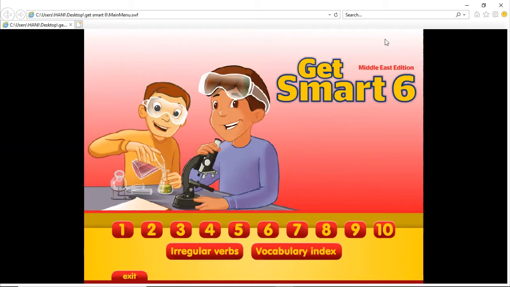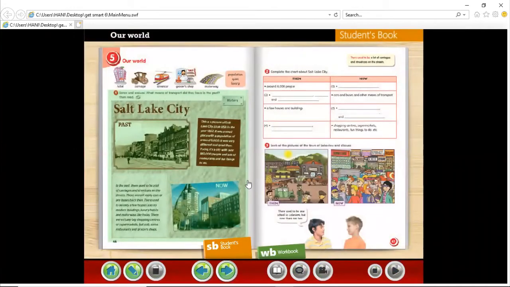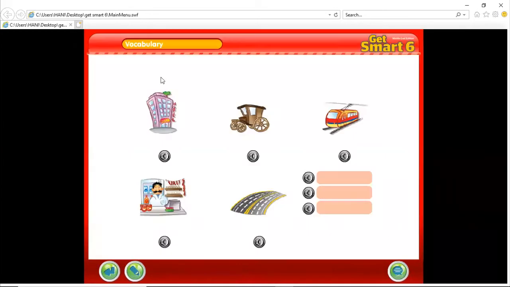Today, inshallah, we're going to start Lesson 3, Module 5. So I'd like you to open your student's book, Module 5, Lesson 3 on page 46. In this module, we are talking about the difference between life in the past and life at the present time, and we mentioned how to use the verb used to. Let's start Lesson 3 and say Bismillah.